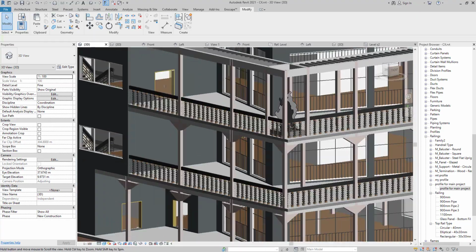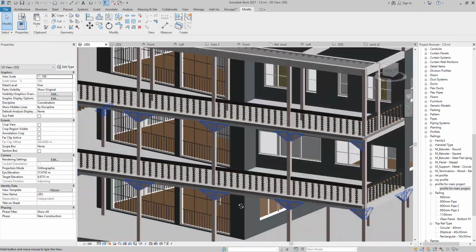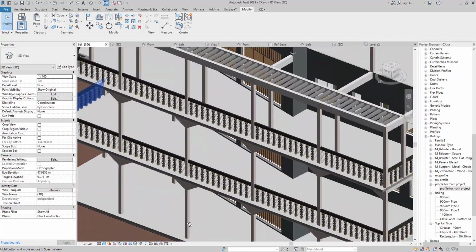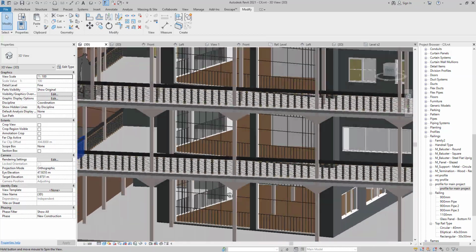So now we know how to create our baluster, how to manage our rail top, our rail horizontal, and how to create it for our project, how to adapt it to our project, and how to create parameter for